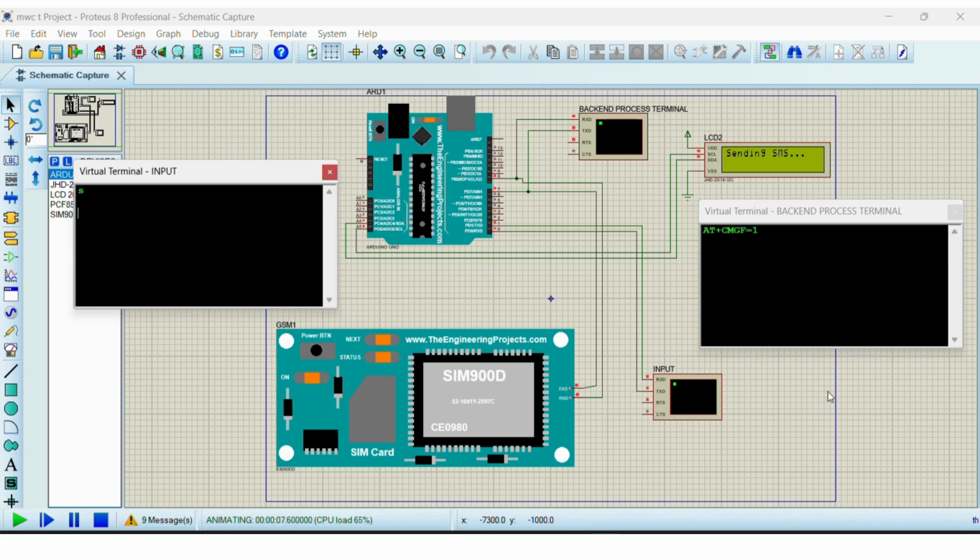Here I will send the SMS. S is for sending a message, and when I type C, it will initiate the call. As you can see, when I type yes, the LCD shows sending message and the virtual terminal confirms the message was sent. When I type C, the system initiates a call and the LCD updates with